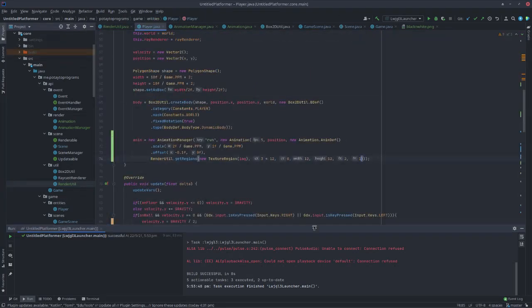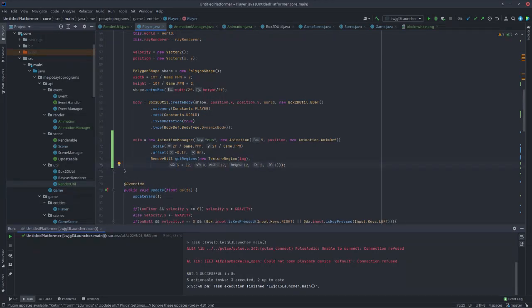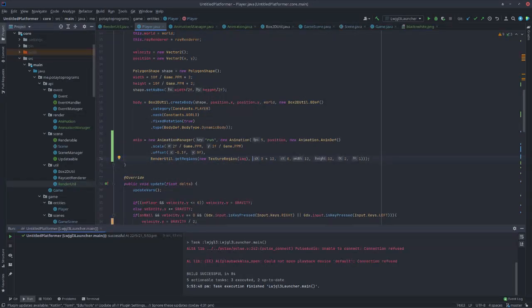Now for 2 frames, it would almost look better to just have 2 new texture regions, but